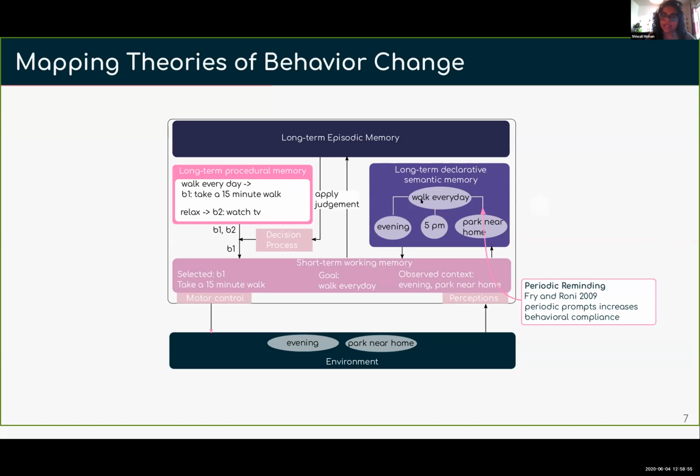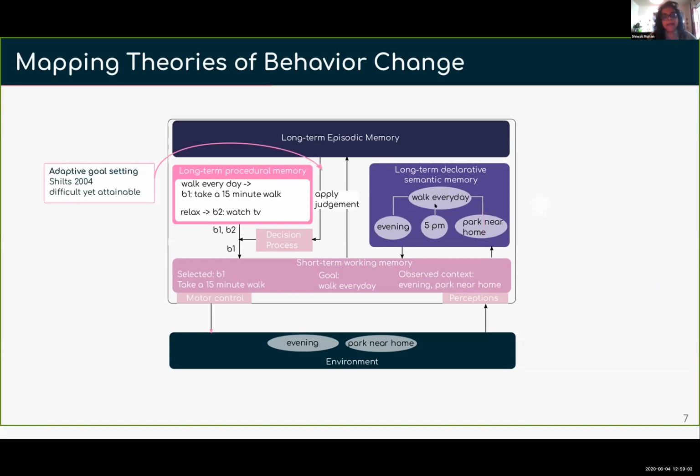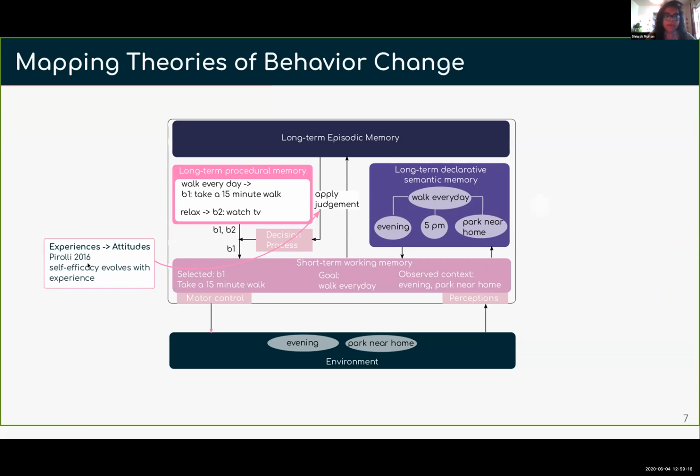Periodic reminding strengthens the associations between the concrete context and the goal. Adaptive goal setting says that you have to help the trainee select goals that are difficult yet attainable, so it influences how the trainee is applying judgment to the goals. And then finally, some work by Peter Piroli shows that you can use your long-term episodic memory to then apply judgment,